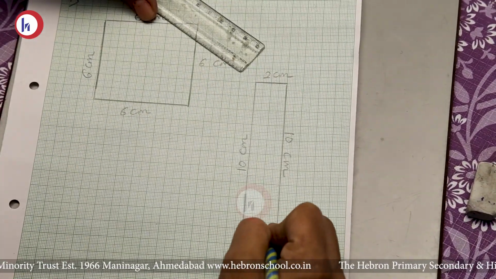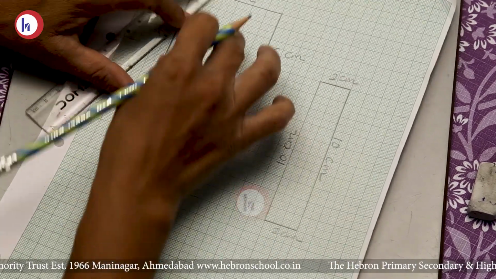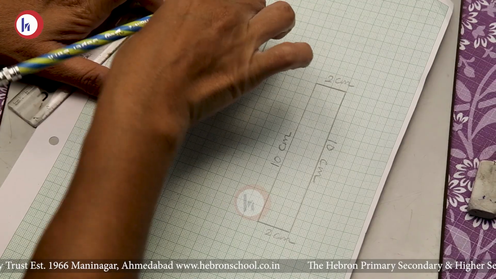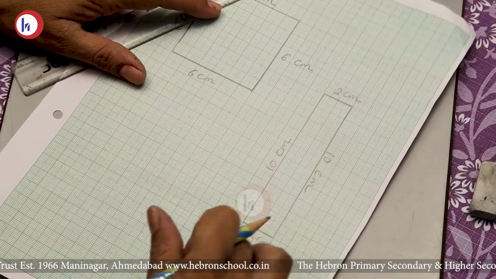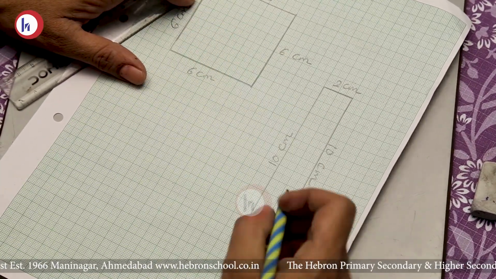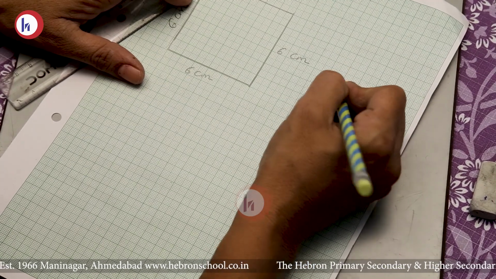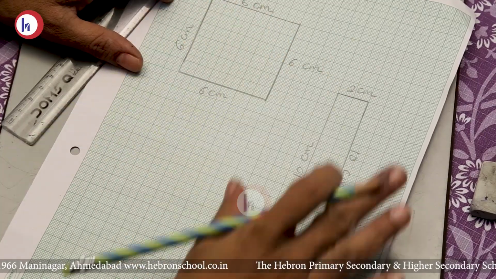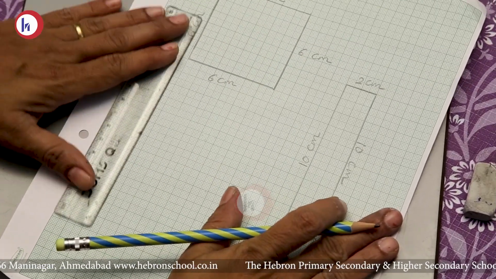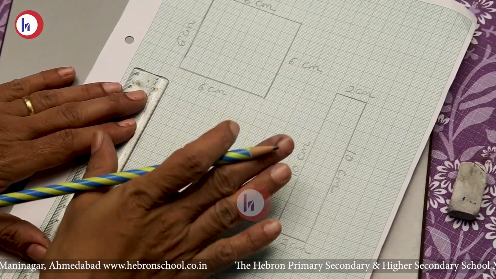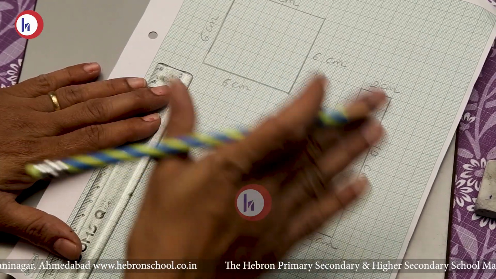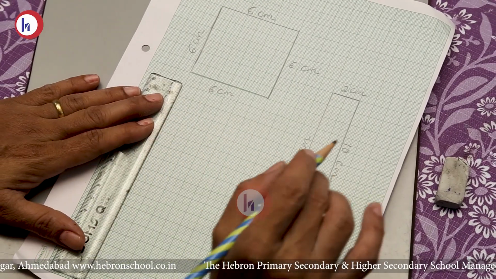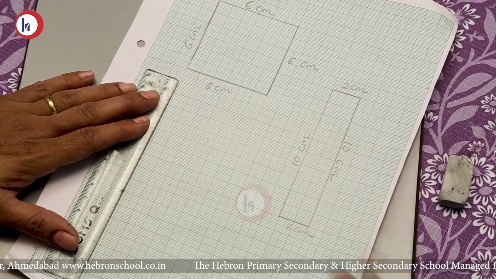And 2 centimeter. See, the area of both the figures is different, but the perimeter of both the figures is the same. See, 10 plus 2, 12, plus 10, 22, plus 2, 24. That means 24 centimeter. Here for perimeter we will write only centimeter, 24 centimeter. If it is area, then we have to write 24 square centimeter. That we will do in the next lesson.